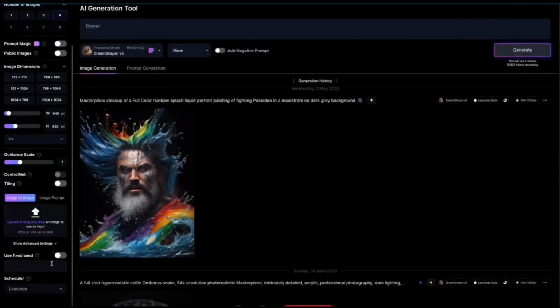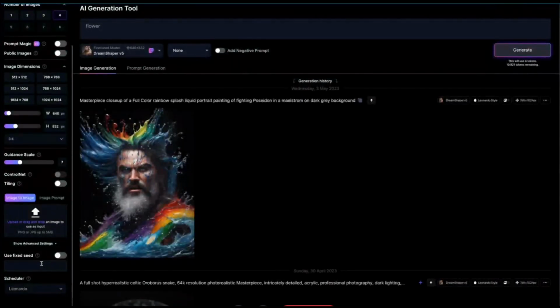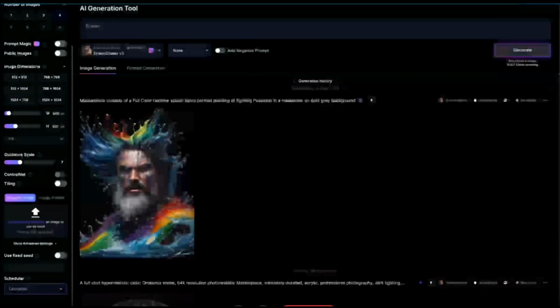The fixed seed as well, we're not going to use that one because a lot of people are like, what does it do and stuff like that. Just hover over the question mark and it will give you a small definition of what it does. All right. Scheduler as well. We got from the paid plans a lot more to use, but I'm not going to do that. This is purely if you have a free plan, you can do exactly the same like I'm doing right now. All right. So for this,